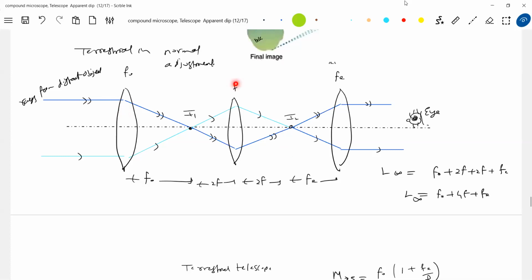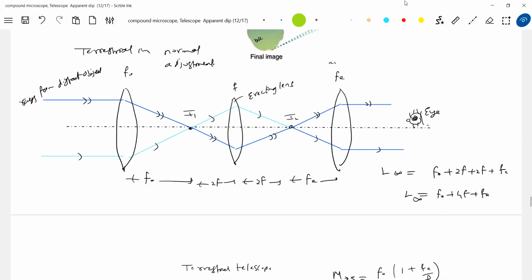So what should we call this lens? Erecting lens. Shall I use this erecting lens to view the star? Star, moon, erected or inverted, doesn't matter. For heavenly objects we go for a telescope without an erecting lens. For the terrestrial telescope, the whole setup is the same, only the erecting lens is brought here. You have to do the adjustment in such a way that it is a normal adjustment. You have to make these conditions. Then this will be the length of the tube, and this will become normal adjustment.